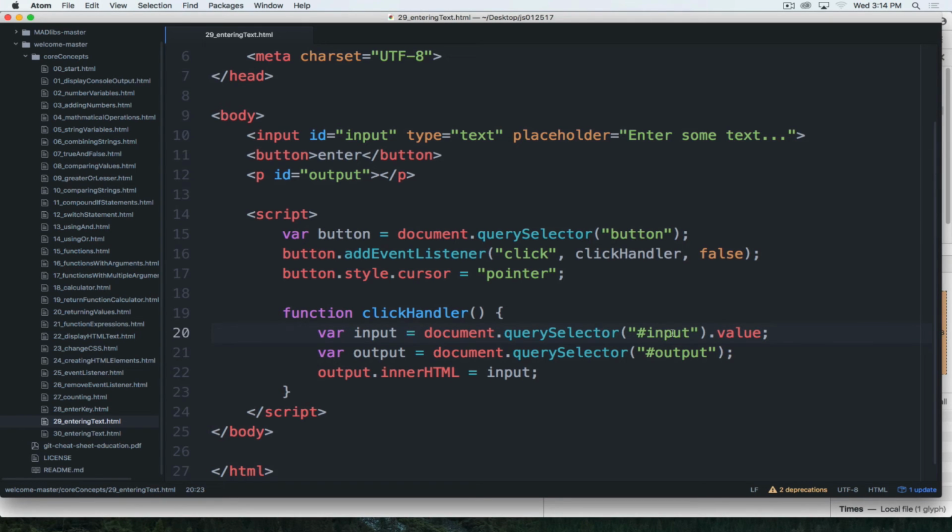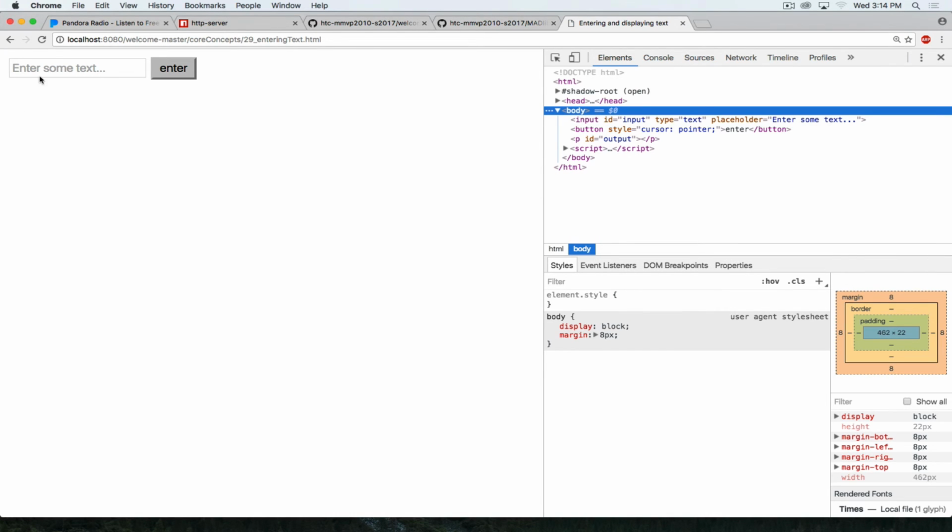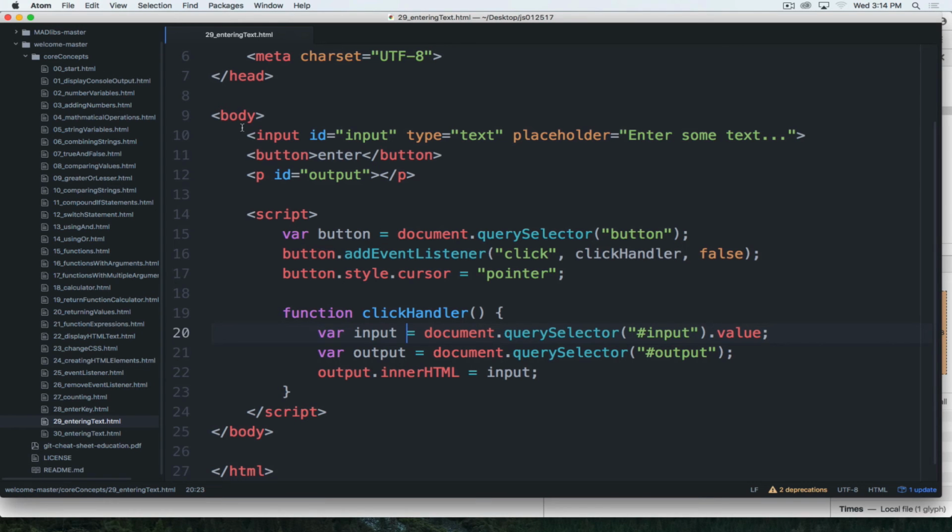So our input, in this case, it's a form field. So it's an input text, and I use placeholder to say enter some text. One thing to keep in mind on that, if we put instructions and the user clicks and types, those instructions disappear. So from a form usability standpoint, having something inside as placeholder text is nice, but we may also